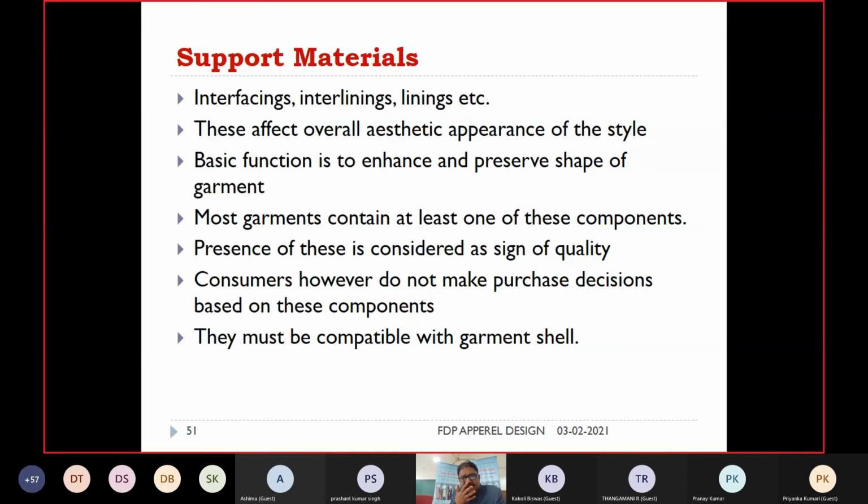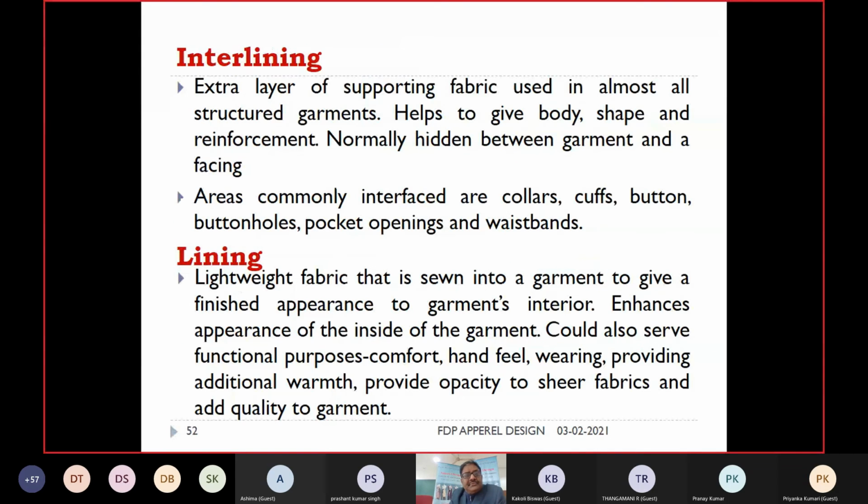Presence of these is considered a sign of quality. Consumers, however, do not make purchase decisions based on these components. So support materials are required for maintaining the shape and the quality of the garment, and for providing all the functions of the garments during the use.